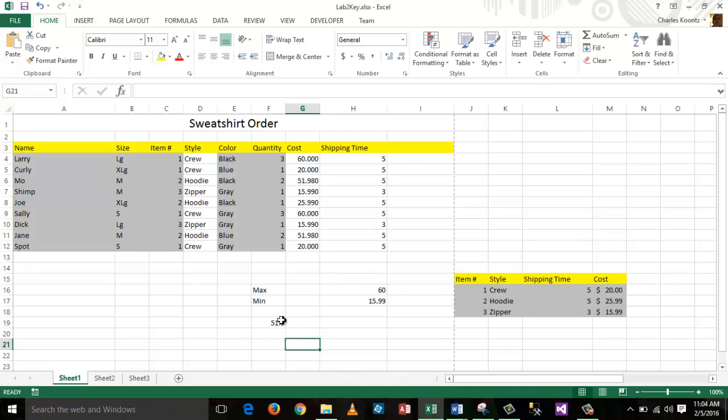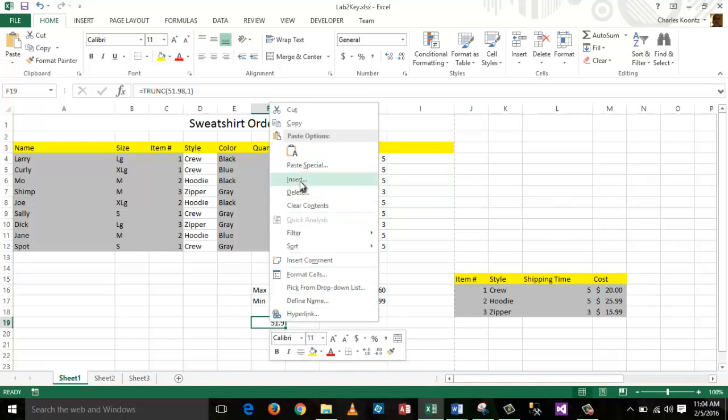I'm not really immediately aware that that number is associated with a function. So what I'm going to do is go to the cell and then right click and then choose insert comment,